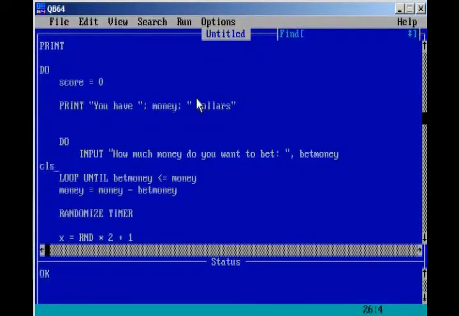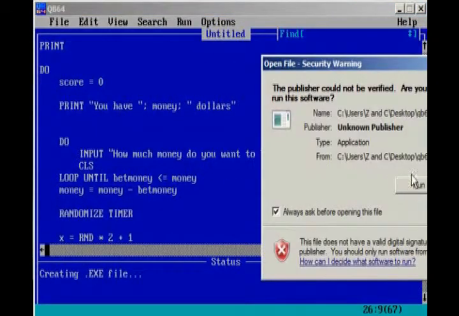and type CLS. And what CLS does is short for clear screen, and it does exactly what it sounds like. It clears the screen. And so every time we hit how much money we want to bet, it's going to clear the screen. And so if we run our application,